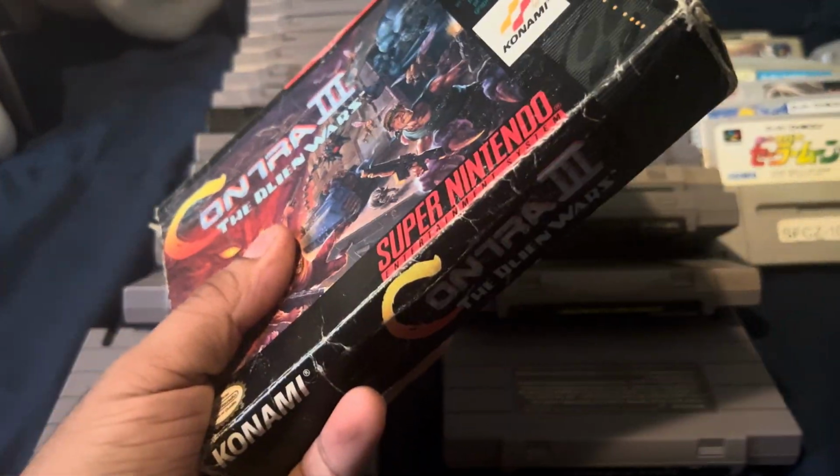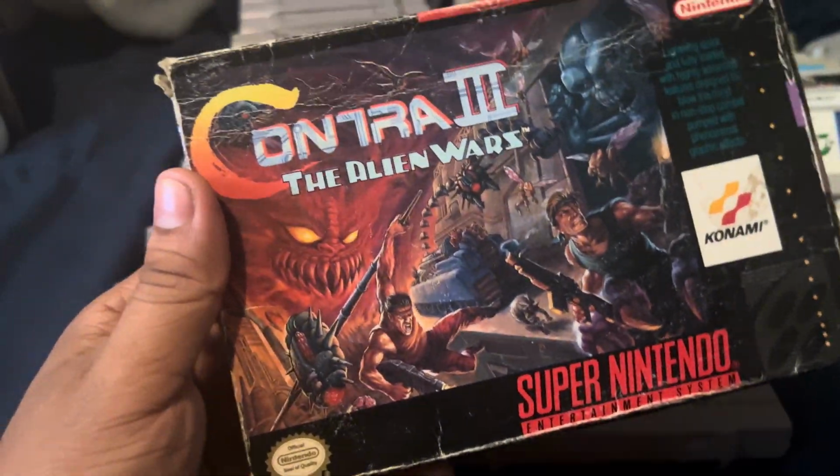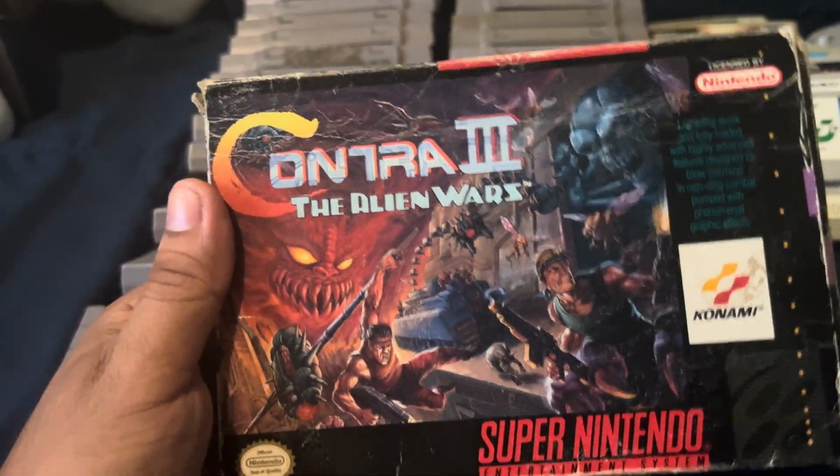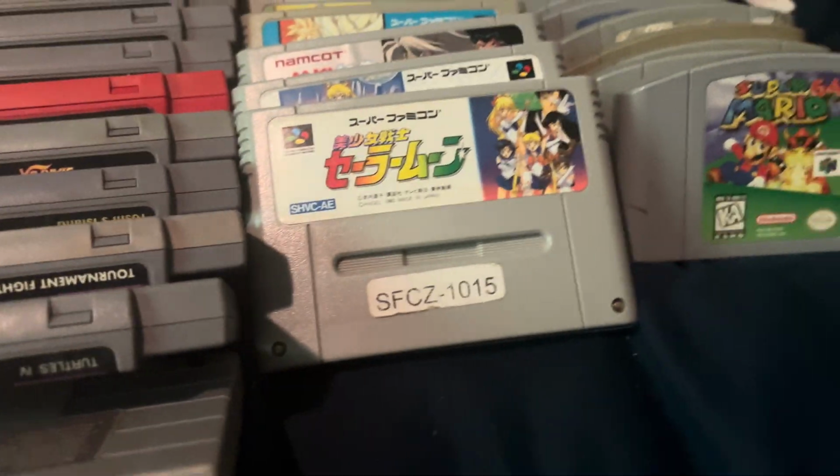And I'm gonna keep it because it's my only box Super Nintendo game. The manual and cart are in flawless condition, but the box has seen better days. So yeah, Contra 3 Alien Wars is right there. And then